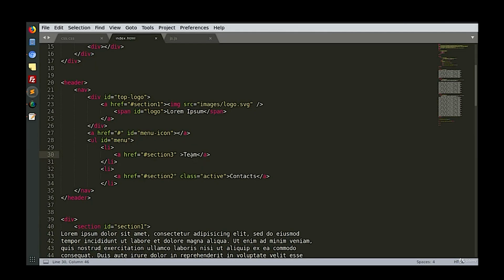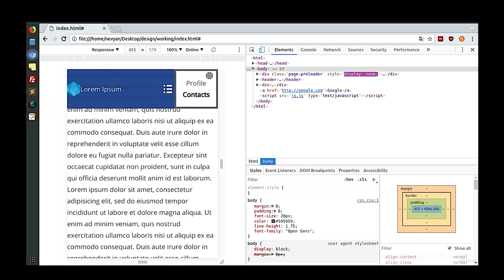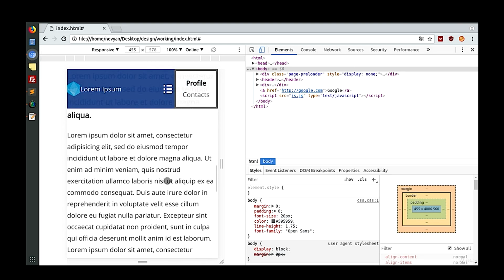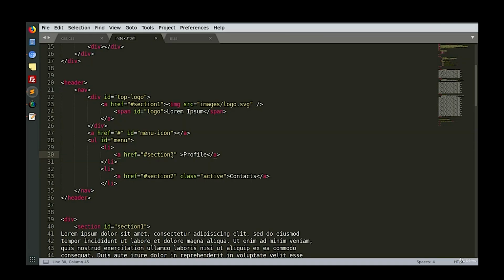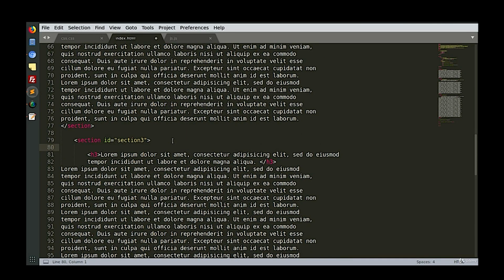Okay, now we will create our profile section. So we'll type here profile, and when we refresh on the menu we should see profile and contacts. So let's create the content for the profile. This is section 3. So here inside, this is the title,